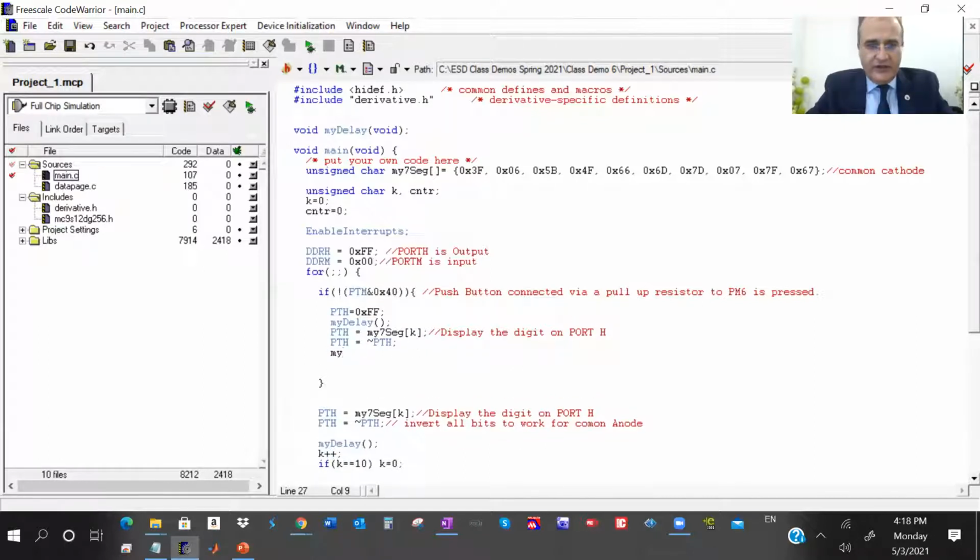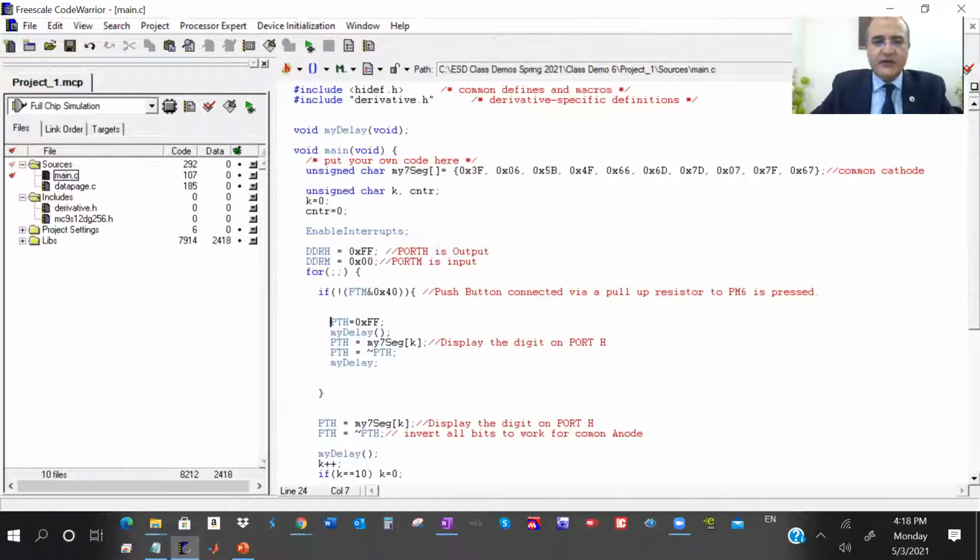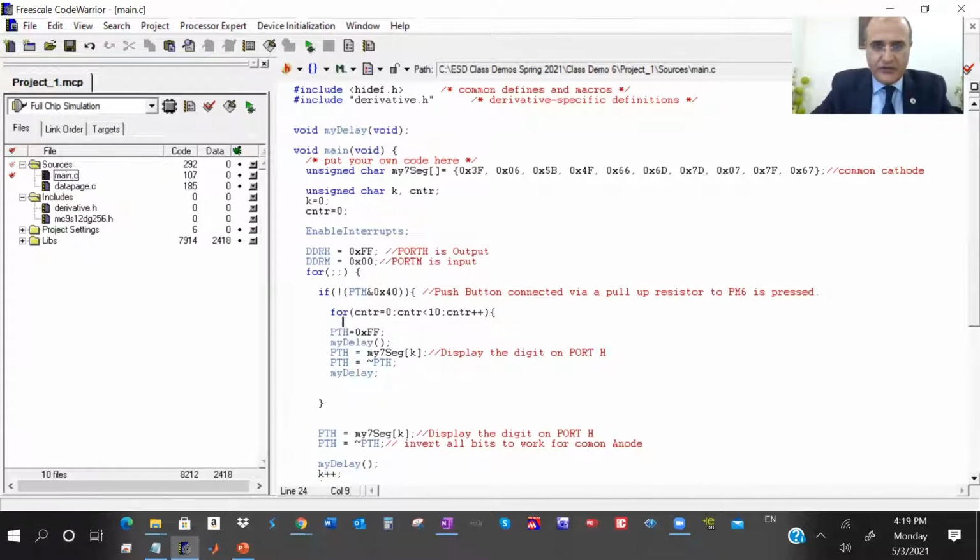Then my delay, right? And we want to do this 10 times, right? So a for loop: for counter equals 0, counter less than 10, counter plus plus. Open here, close here. So do this 10 times, then go back to normal operation if the button is not